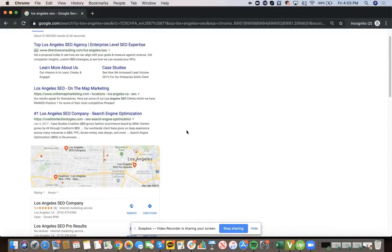What I'm seeing right here is that on mapmarketing.com, they use the exact match keyword at the beginning of their page. They're just starting with Los Angeles SEO. One of the best practices is to start with your exact match keyword at the beginning of your title tag. This is called the title tag of the page. You can also see in their URL structure, they include the keyword Los Angeles and the word SEO. And then in their meta description, which is the 155 characters they've allocated to describe what the page is,